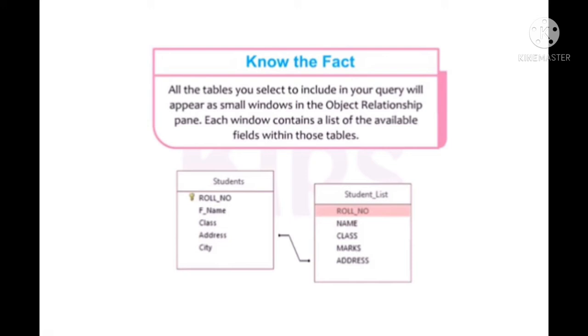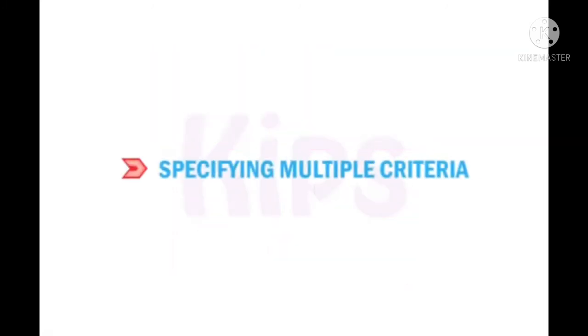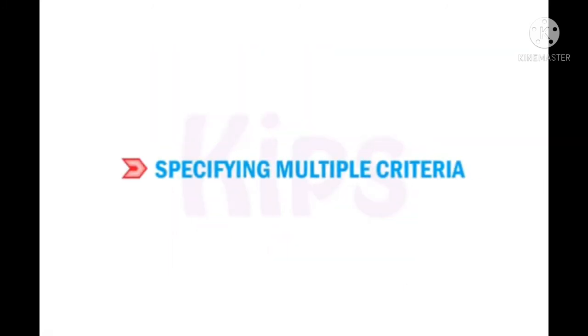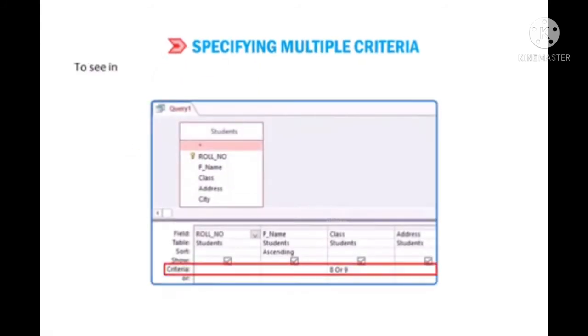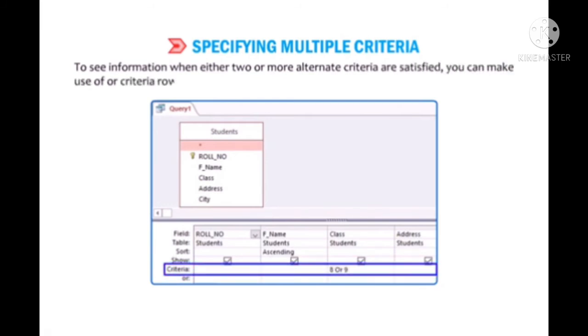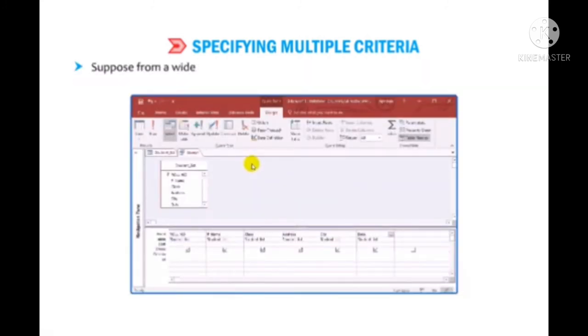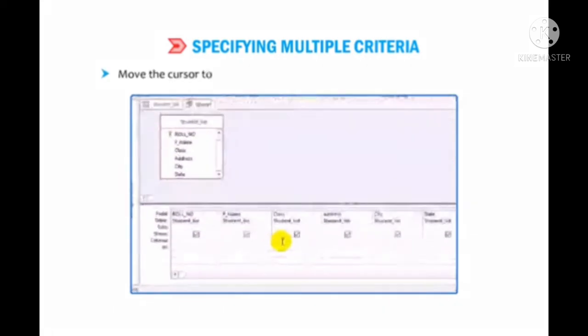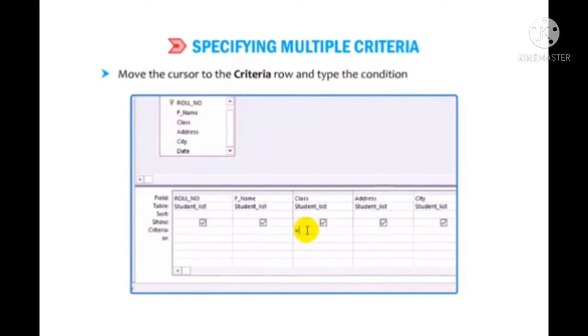Okay student, specify multiple criteria. Now to see information when two or more alternate criteria are specified, you can make use of the criteria row in the design grid of the query. Suppose from a wide range of records you want to see the records of class 8 and class 9 only. Move the cursor to the criteria row and type the condition equals to 8 in the class